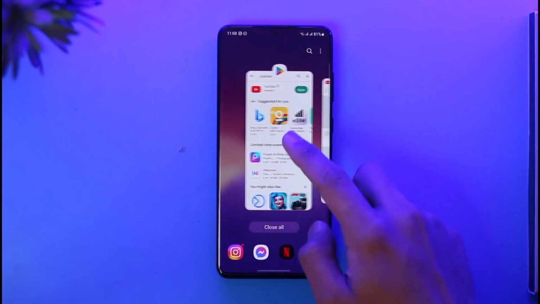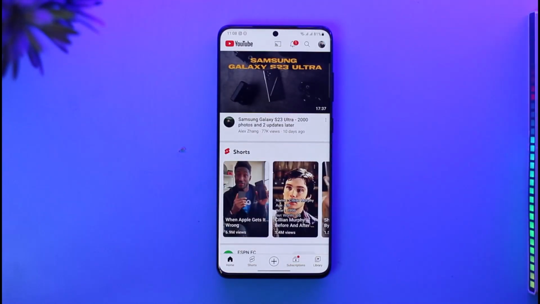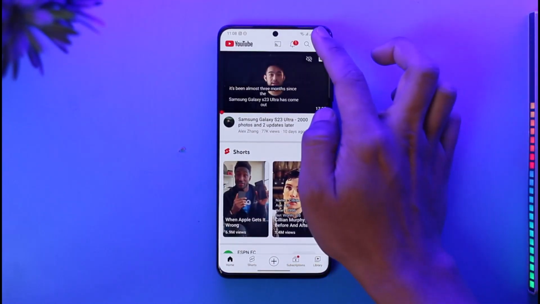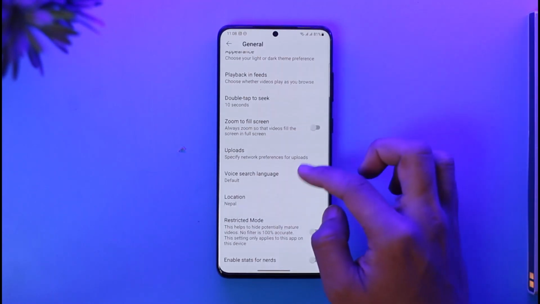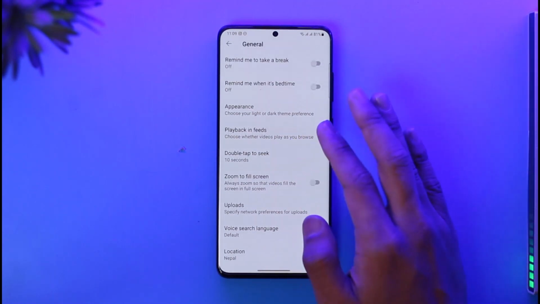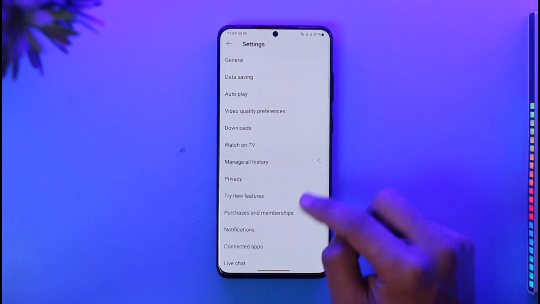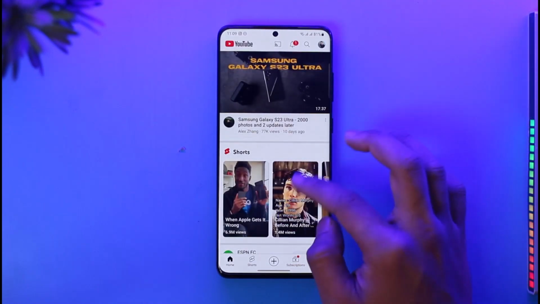Now sometimes if you have picture-in-picture phone or you have YouTube Premium, then you can enable this by going to the profile icon, going to settings, going to general. You'll find the picture-in-picture mode over here, but in my region it doesn't support picture-in-picture mode. If you have Premium, you can try that, but if you don't, then what you can do is, on my